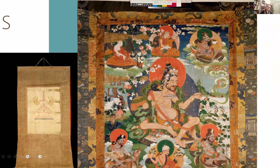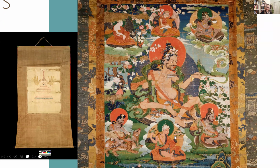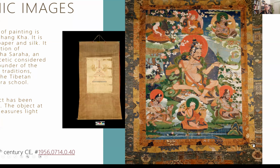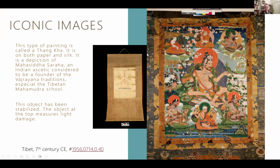And there are various other characters here. And then we have the background. So again, it's on a silk, it's on a scroll, a hanging scroll. One of the main issues that folks have with regard to tankas is whether or not to display them, because in order to hang them, they're subject to the forces of gravity. And you can see here very clearly that this one has had quite a bit of deterioration